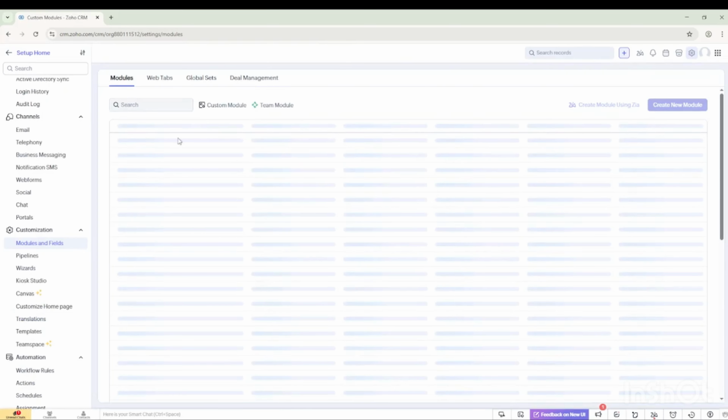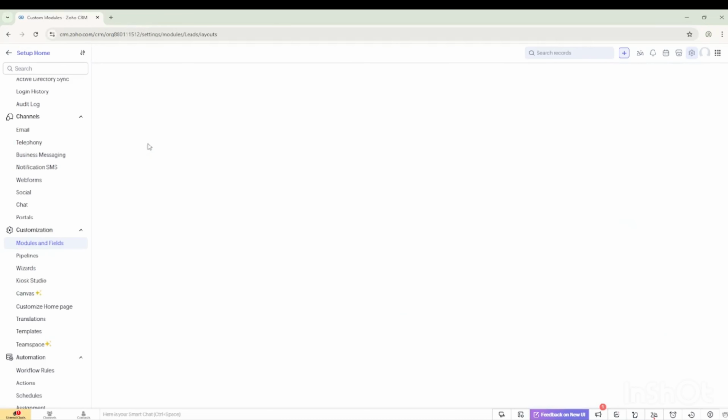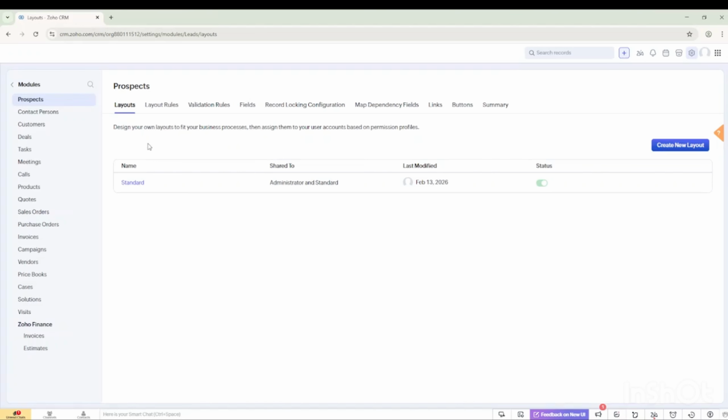Once we do that, it's going to show you the module. Initially when we were customizing the module, we clicked on these three dots. But now we are not going to be clicking on the three dots. Instead, we're going to be clicking on the module itself. Once we click on it, it takes us to where we can customize that particular